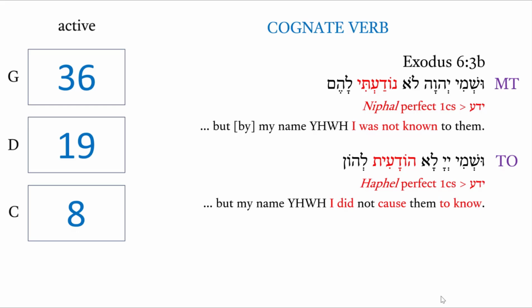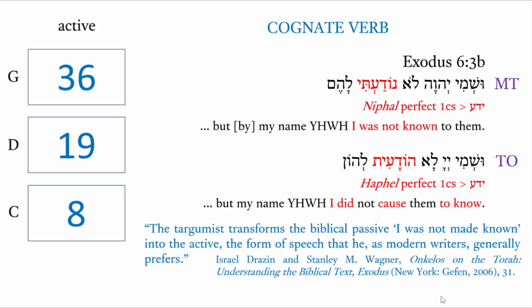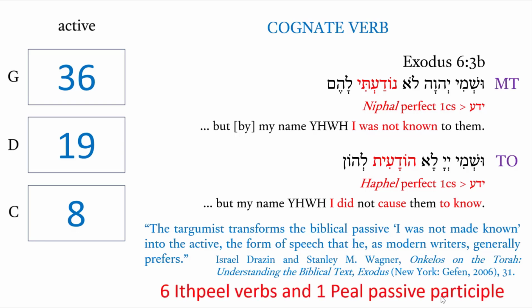Interestingly, active voice expression here: "but my name, Adonai, I did not cause them to know." What's going on here? Israel Drazen says the Targumist transforms the biblical passive "I was not made known" into the active, the form of speech that he, as modern writers, generally prefers. So it's a very astute comment that just happens not to be true for this particular one,